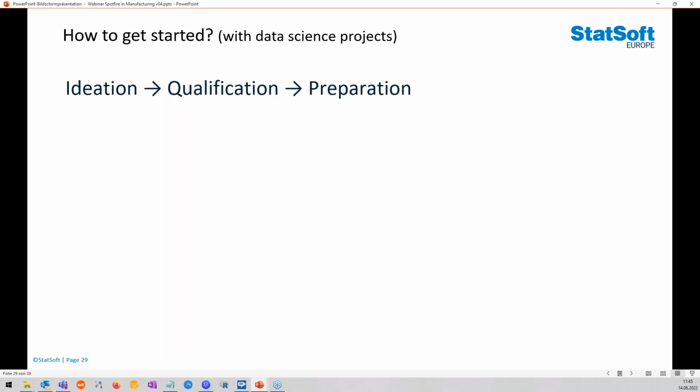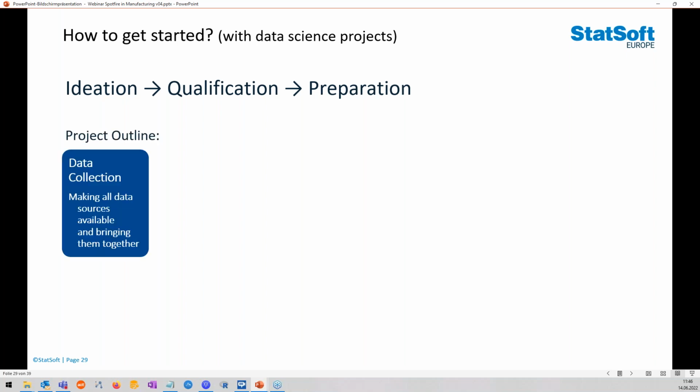Then you need to do some preparation, of course. You need to have maybe the right expertise or the right partner. I mean, hint, hint, we are available for that, of course. You also need maybe the right toolkit to work on your data or to build your analytical applications. And another hint, that's where maybe TIBCO comes into play. So that's some kind of foundational work you would want to do.